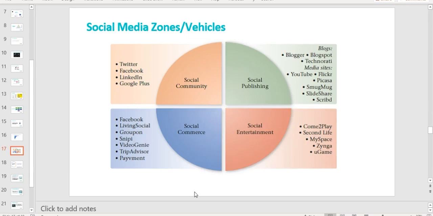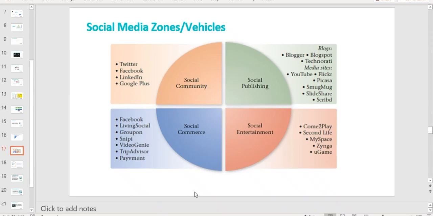Social publishing, again, is another very interesting category of social media channels, such as YouTube. Social publishing is about content creation. This is where you have to realize that consumers are very much into creating content and sharing the content with others. So can you, as a brand or as an agent, create relevant content for them?